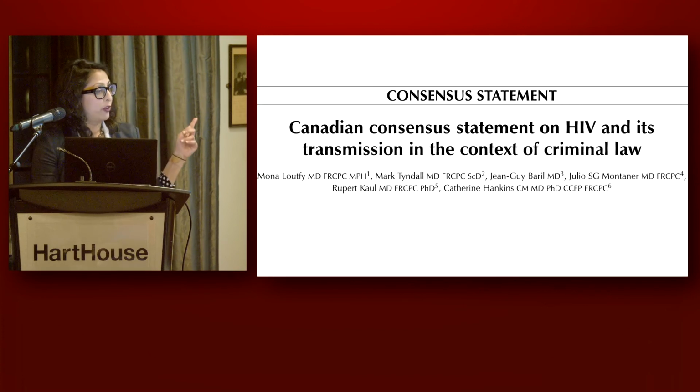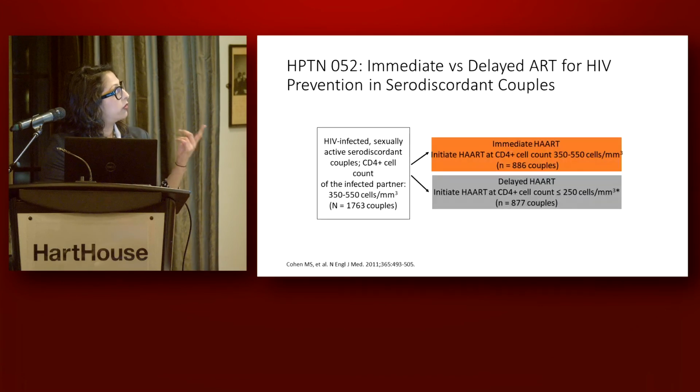And then after that, a bunch of stuff happened that really, I think, pushed us towards U equals U. So this is the study from 2011, the HPTN 052 study, that really started this conversation around treatment as prevention, right? In this study, I'm not going to get into the nitty-gritty details, they looked at people in serodiscordant or magnetic couples, so one person's positive, one person's negative, and they either started people right away or they waited until people reached a CD4 count of less than 250, right? Because we used to do that.